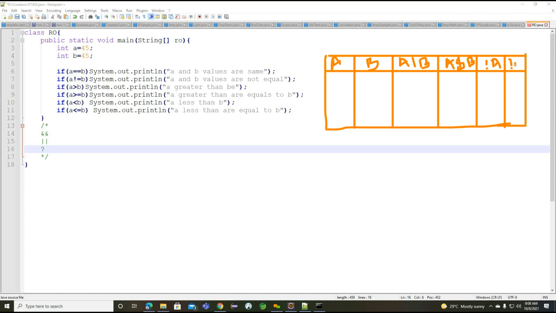Not A and not B. Right. And what am I doing here? So F is indicating false here.